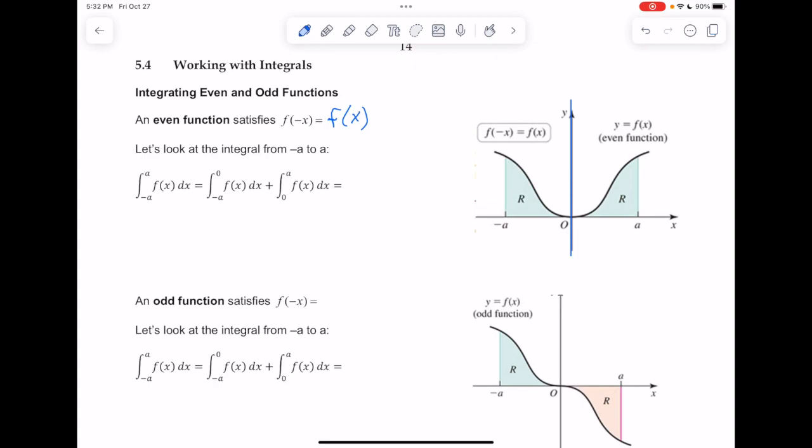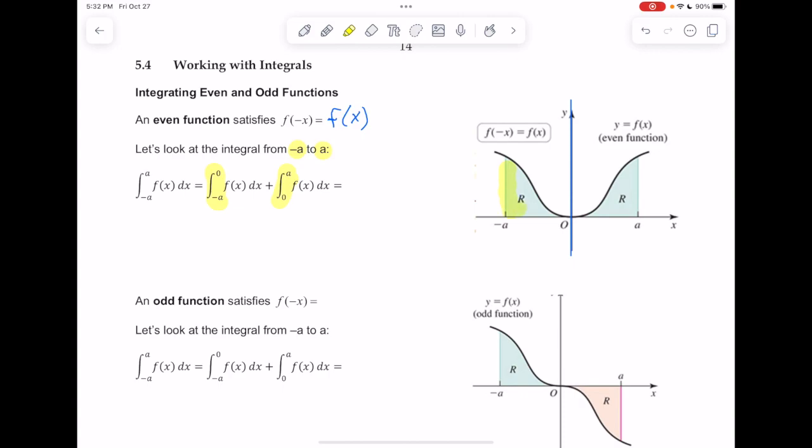So we end up getting a special case with even functions if we're doing a definite integral and our limits of integration are the same but opposite sign numbers. So if we're going from negative a to a, we refer to those as symmetric limits of integration because they're equal distances on either side of the y-axis. So what happens if we're doing an integral from negative a to a of an even function with respect to x? Well, let's think about splitting it into two cases, from negative a to 0, so the left-hand side, and then from 0 to a, and think about what happens with those.